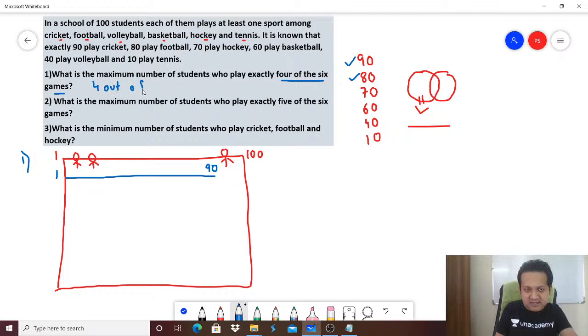You need to maximize this. Remember, if you were to draw circles, it will be very difficult. So what do you do? Just draw lines. How will you draw the lines? You draw lines in such a way that